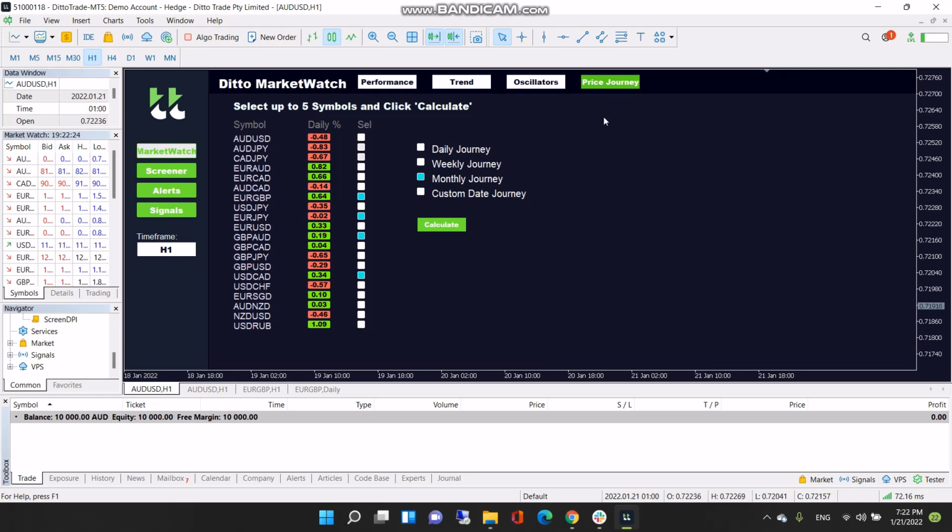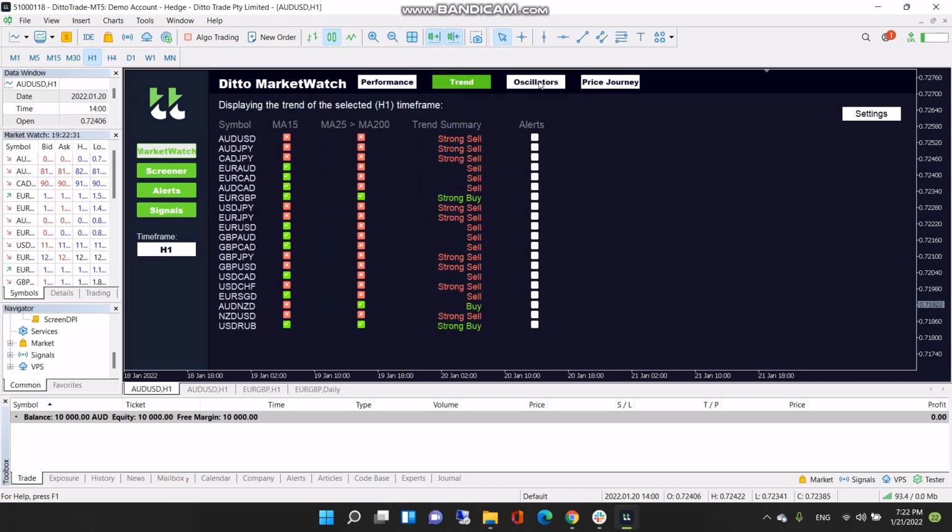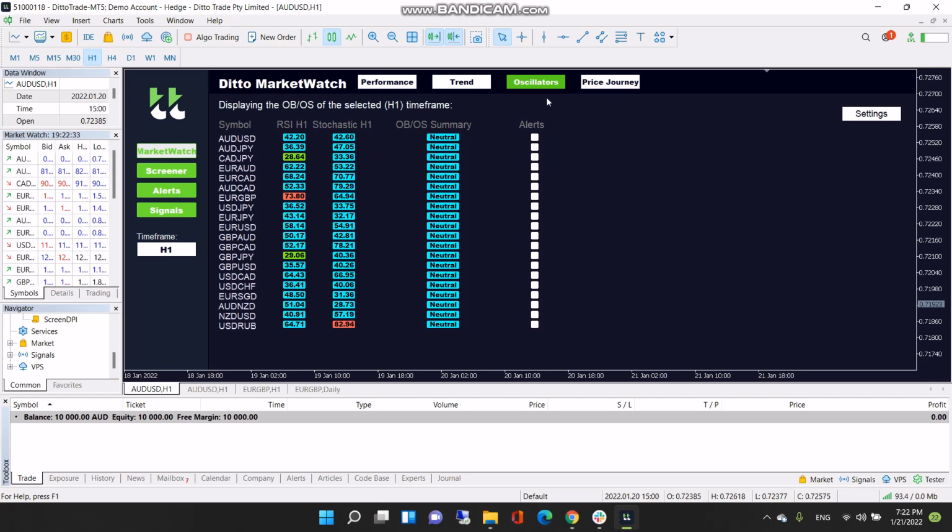As we saw, the price journey and the performance are not related to the time frame that the navigator is loaded on, but the trend and the oscillators tabs are related to the time frame that I have selected, because different time frame, different results of the RSI, of the stochastic and the moving averages. If I would like to see the trend on the daily time frame, I just need to change the time frame from here or from here,